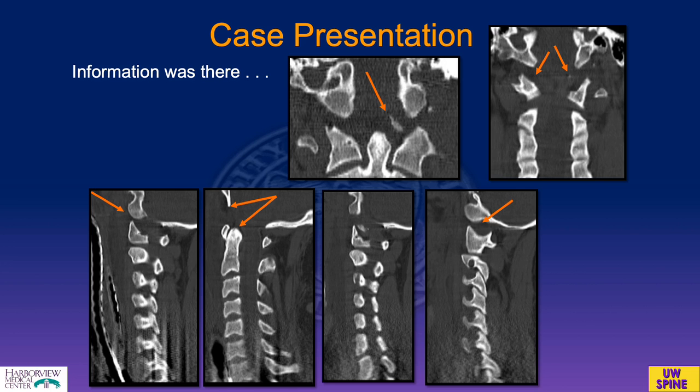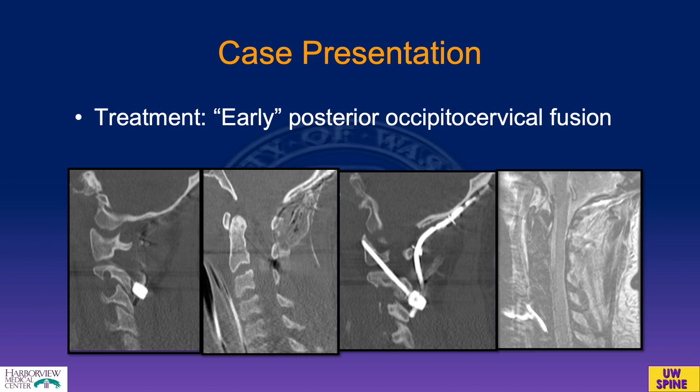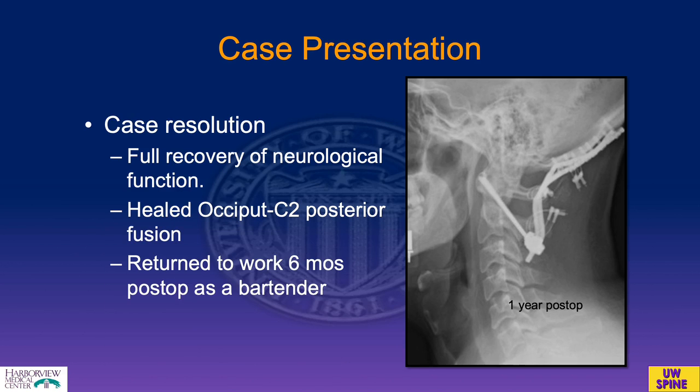We also see this distraction between his clivus and his tendons. So, unfortunately, he did not undergo early posterior occipital cervical fusion. This was delayed, but eventually was done. Case resolution, he had full recovery, fortunately, of his neurologic function. He underwent a healed occiput to C2 posterior fusion, and he was able to return to work 6 months later